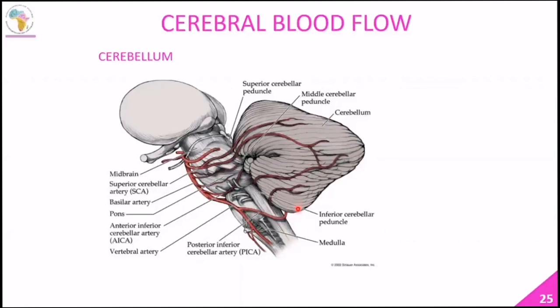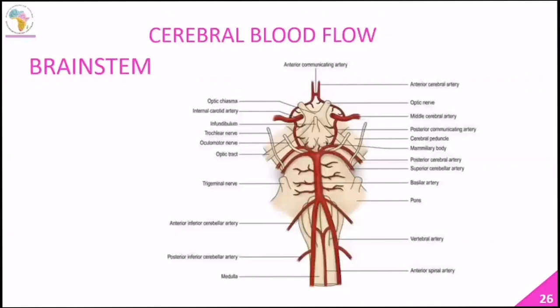And finally, we have the brainstem. For the brainstem, we have these branches that come off the basilar artery known as the pontine branches, because they mainly supply the pons. On this image, the main arteries are the pontine branches, called pontine because they mainly serve the part of the brainstem called the pons. And there on the anterior view,